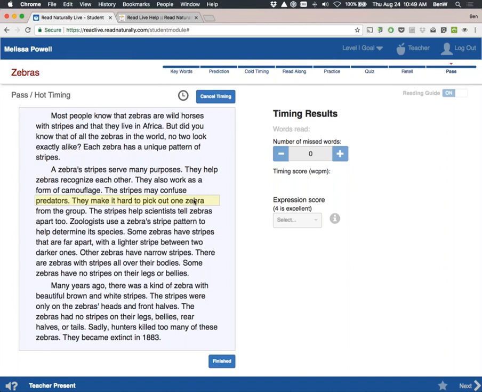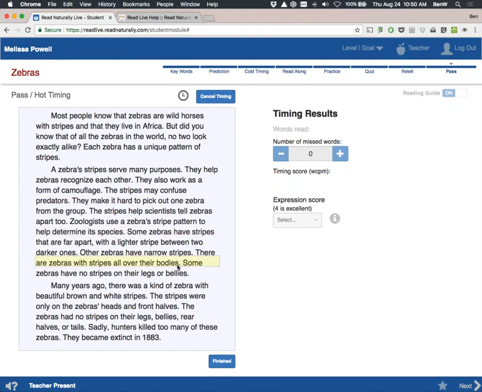So we'll count difficult words. After 1 minute is up, we will click on the last word read correctly, enter in the number of missed words here, and then for the first time, we haven't done this previously, we'll provide the student with an expression score. We have a scale, a subjective scale of 1 to 4, and the little information icon that you see here will provide you with information about what we're looking for in expression.